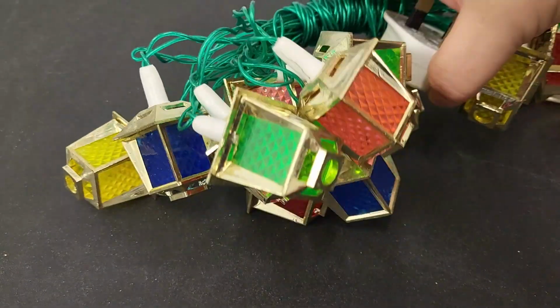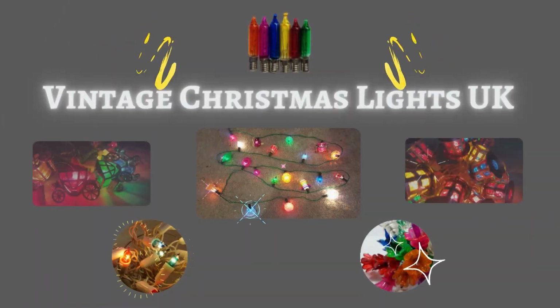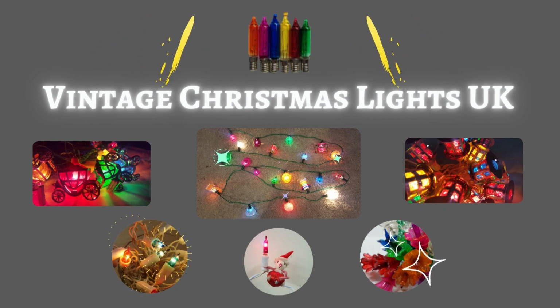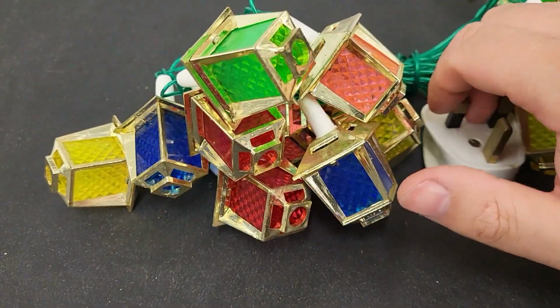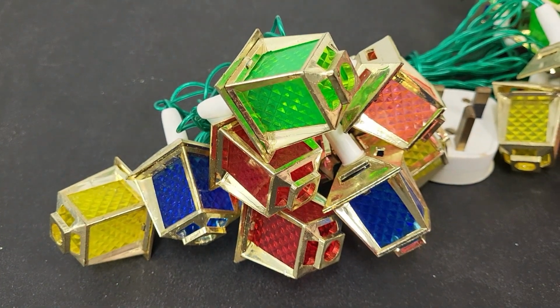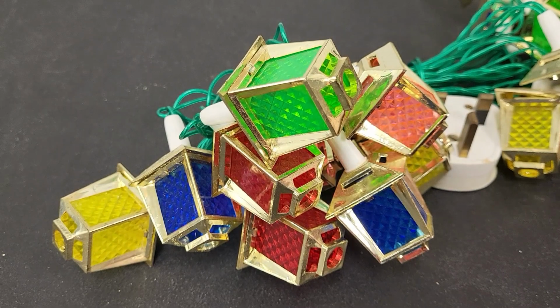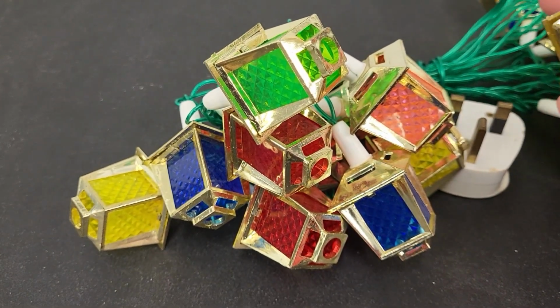Today we're going to be having a look at these NOMA Surrey Lanterns. These are, well, hopefully NOMA Surrey Lanterns. They're an odd set of lights because, one, they're hard to actually distinguish what set of lights they actually are,